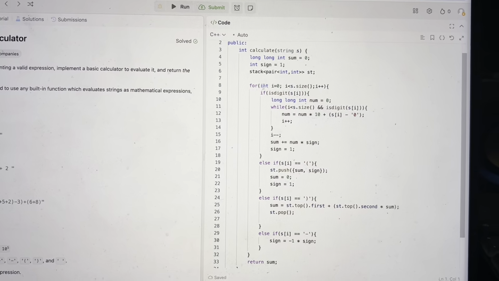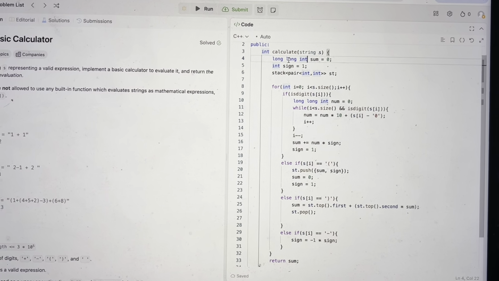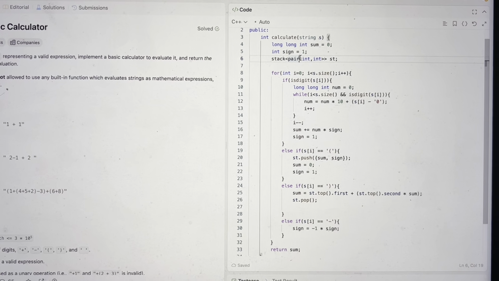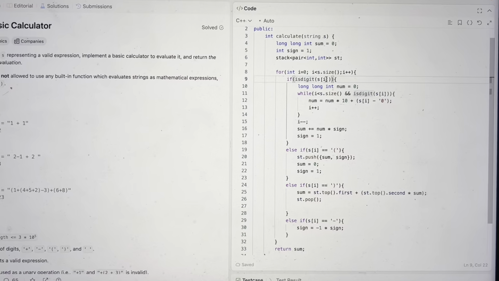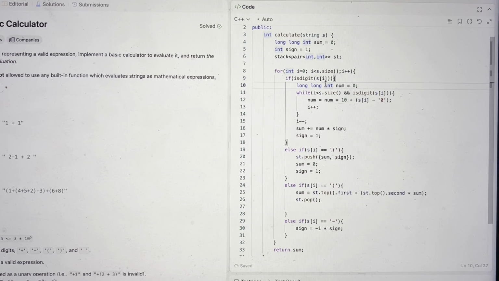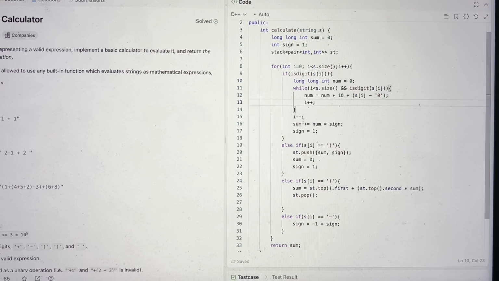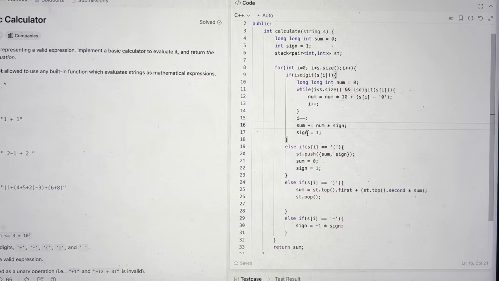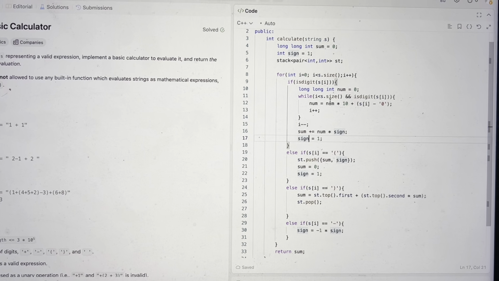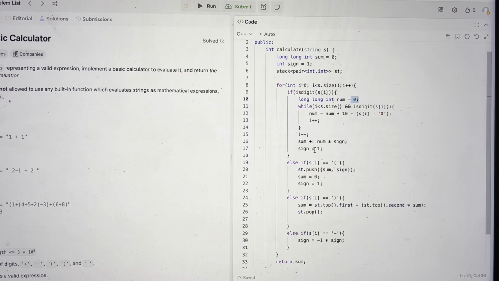Whatever we discussed, we have this sum, and we are taking long because the value could be a large value, and we have this sign, and we have a stack of pair, and we are traversing the string. We are getting the value in the beginning. Here if it is a digit, then we find out the value. We will again make the sign as 1, and num here itself is made 0 in the beginning. We made it over here